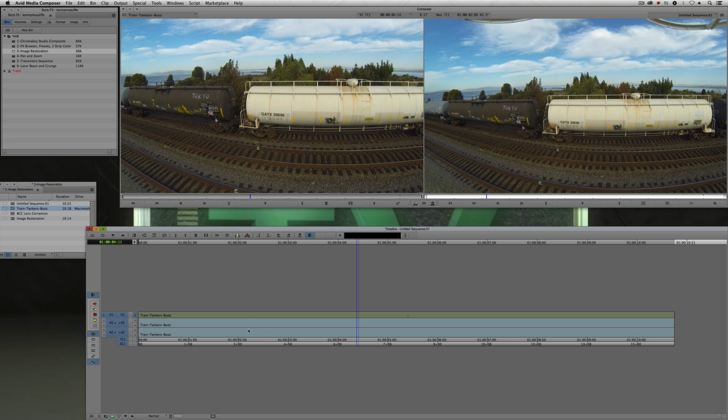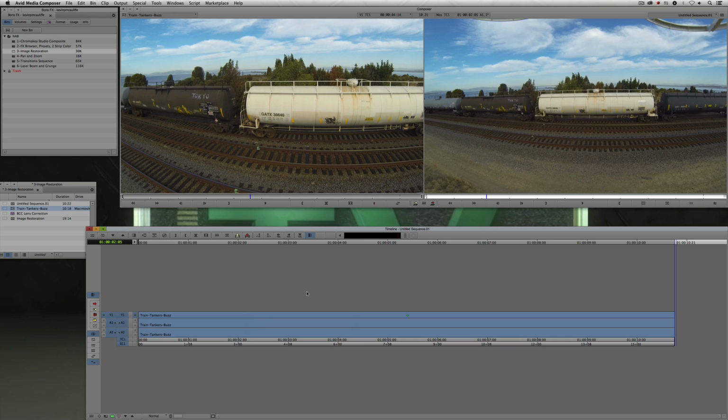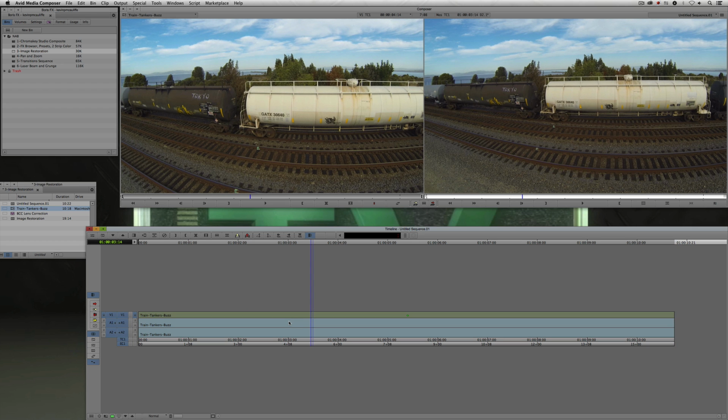Now let's take that and apply it back into our timeline here just to get rid of it. There we go. Now, I may have gotten rid of that quadcopter, but I have not gotten rid of the fisheye look. Take a look at how bent these train tracks look. They are looking pretty bent. In the past, we'd have to go into GoPro Studio to fix this, export the file and then bring it into Media Composer,